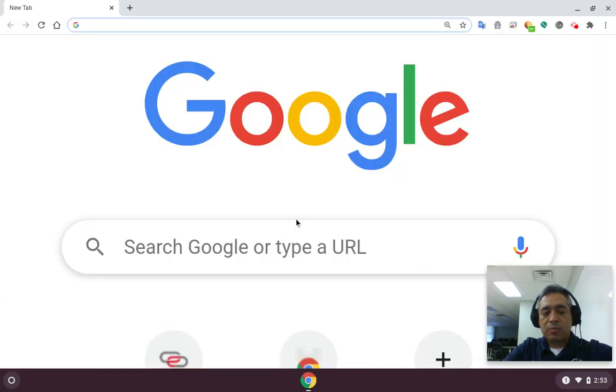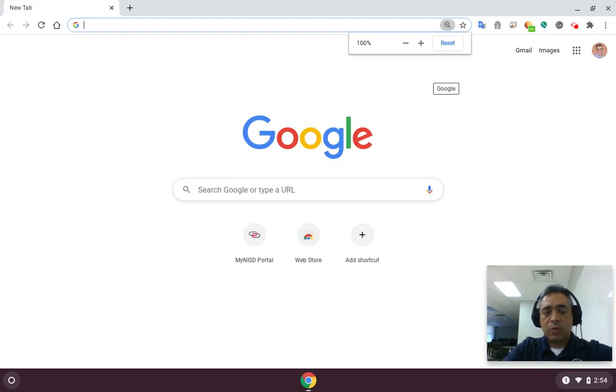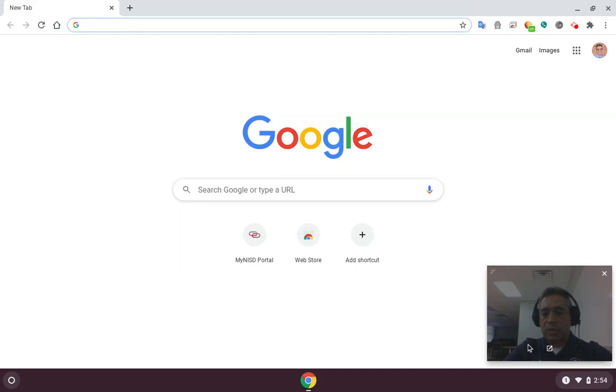So zooming into the browser is okay if you want to just read what's in the browser, but it doesn't zoom in the screen. And so that's what I'm going to do right now. I'm going to show you all how to zoom everything in the whole entire view of the Chromebook. There are a couple of different ways to do it. I'm going to jump around,